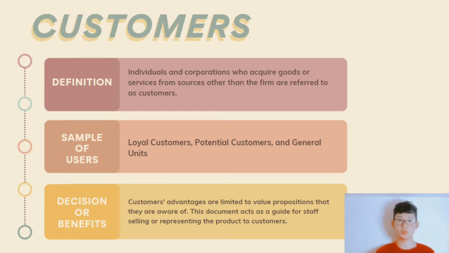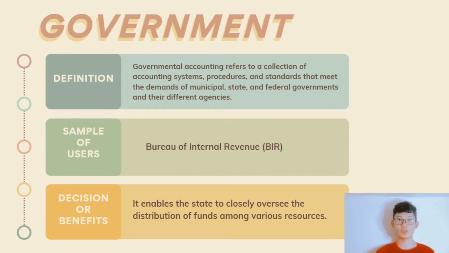The next one that we'll talk about is the accounting for the government. Accounting for the government is very different from the private businesses. According to the Governmental Accounting Standards Board, also known as GASB, GASB says this because of the need to assure government accountability and make political, social, and economic decisions. An example of this is the BIR, or the Bureau of Internal Revenue.